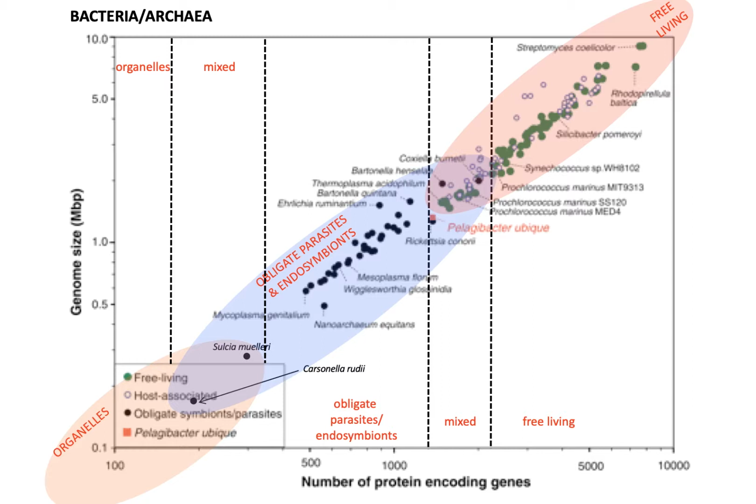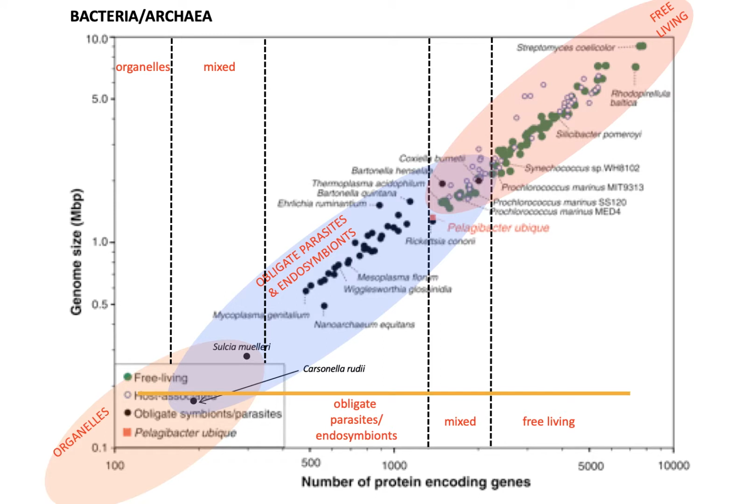And if you do these plots, then the free-living organisms group more or less together, so at the high values. So above about 1,500 genes, and genome sizes above about 1.2, those are all free-living organisms, or mostly free-living organisms. In the middle range, then you have parasites and endosymbionts, where they range from genomes of about